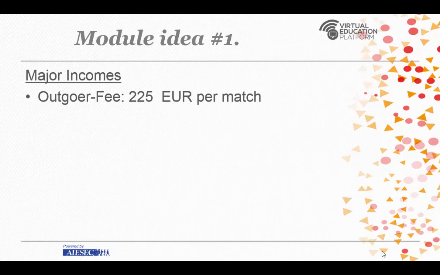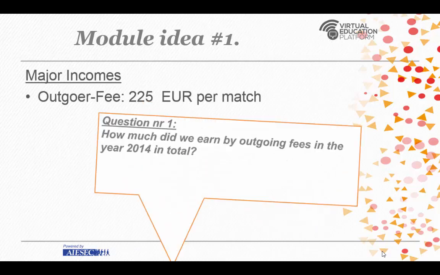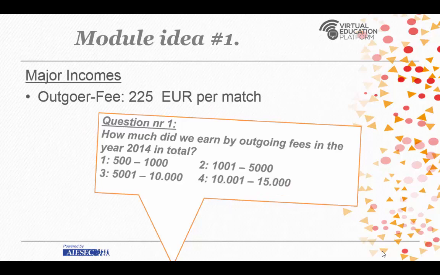Then as a follow-up question, you can ask the auditorium, what do you think? How much do we earn through OJIP, OGCDP fee in the previous year in total? Present them some guessing areas and just have them guess and type their answer into the Google form. Then you continue with other sources of income. For example, donations, board of advisors, project revenues, or IJIP fees. And each time you can have the LC guess what they think the actual amount is, and have them type it into the Google form.